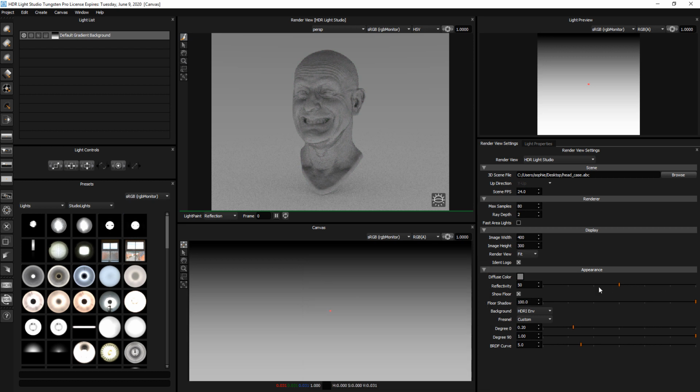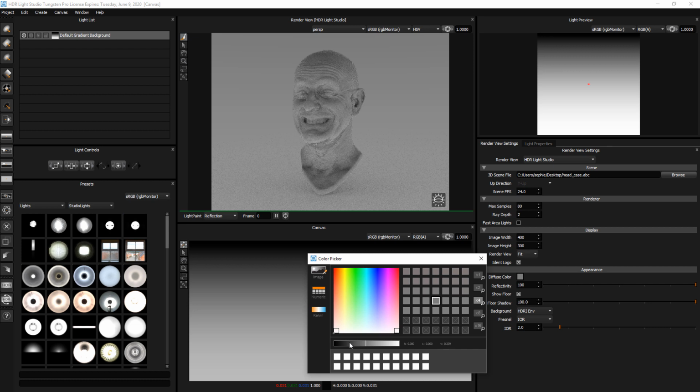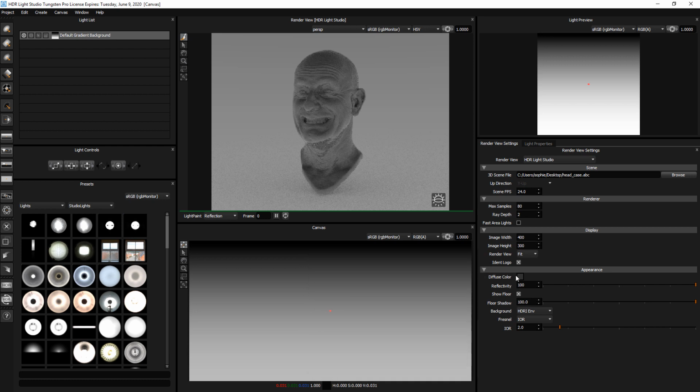And the reflectivity, we can change how reflective it is, and we can change the Fresnel. So I can use an index of refraction, and let's say if I leave that at 2, that'll be fine. And I will actually darken the diffuse colour on that shader. Now when I make these changes to things like the diffuse and how reflective it is, you will notice that this green bar